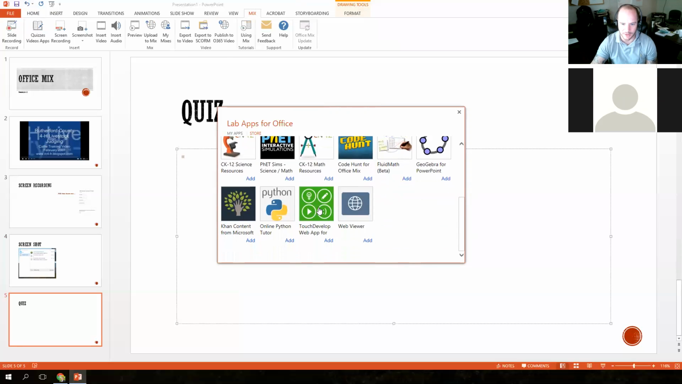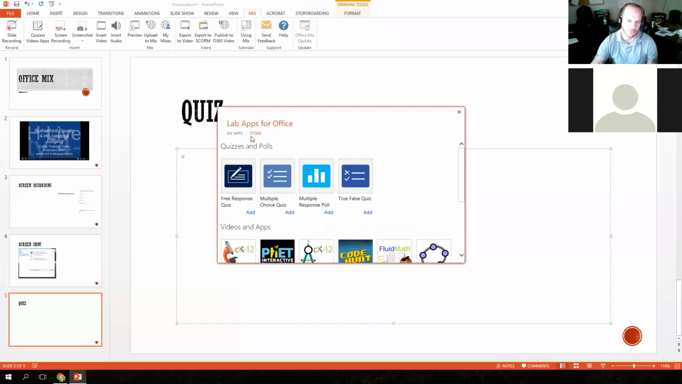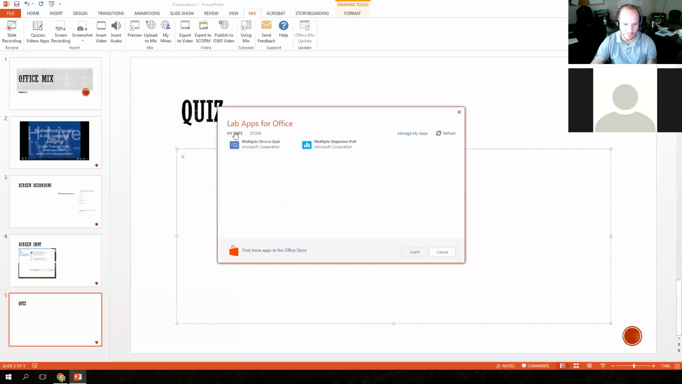It may be worth taking a look at. A lot of these look like they're coding based. Python is a coding language, and then Code Hunt. So that'd be interesting. Maybe I could learn me something here. But for the quizzes and polls, I went with the multiple choice quiz and multiple response poll. They're made by the same company. They look just alike, so they're easy to work with. Once you click to add those, you'll have to accept a licensing agreement or whatever. But once you've got those added, you go back into My Apps,